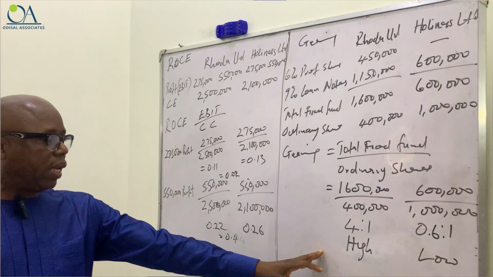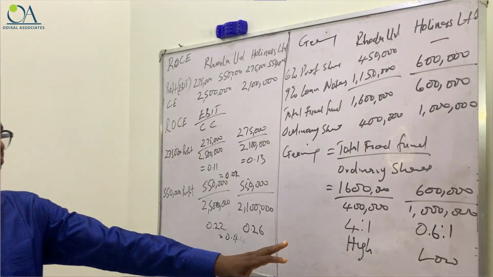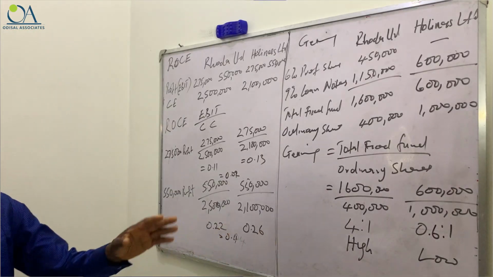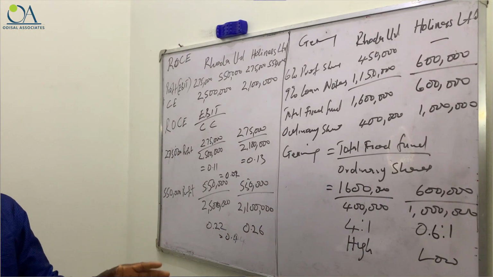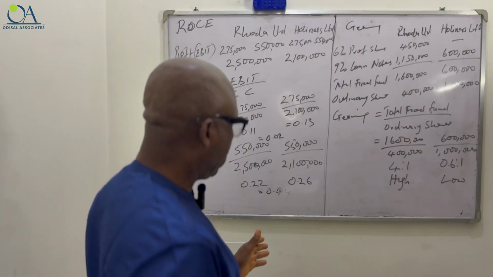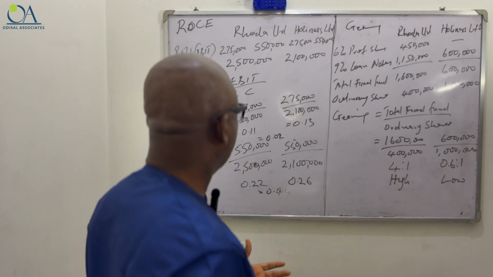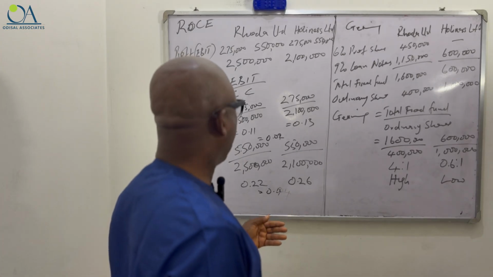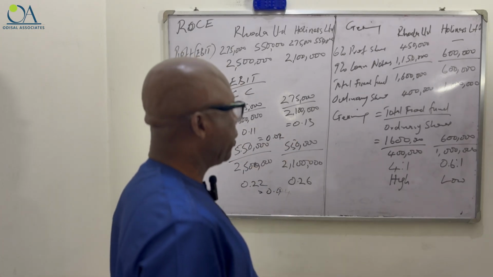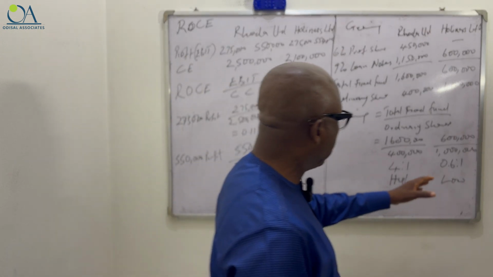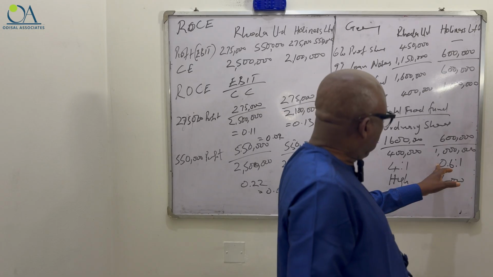At this point, the business is at a risk of not being able to borrow more money because they are already highly geared. The business is at a risk of not making much profits because they will pay quite a lot of interest at the end. But in this place, we saw that the owners of the business